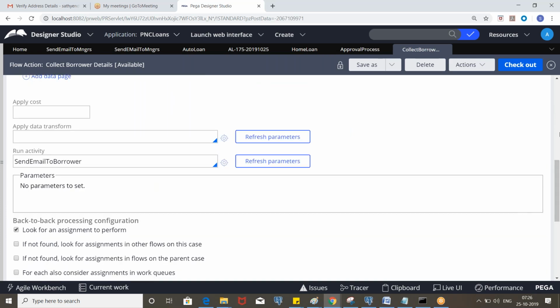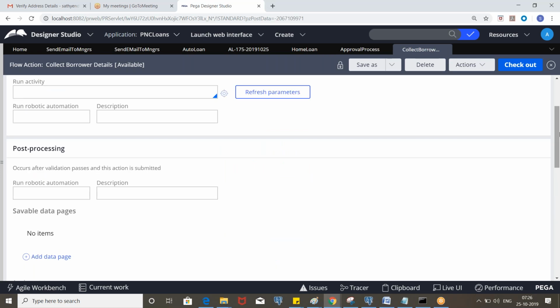Sometimes, let's say you route it to the manager, and the manager wants to route it back to different operators. In the actions dropdown we will have some options, like local actions, where the user can select another operator and route it to a different work basket or operator.